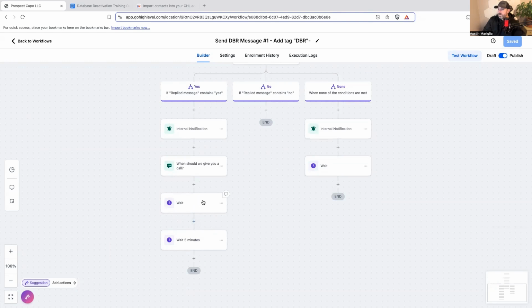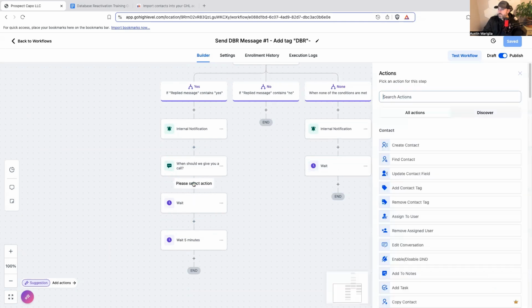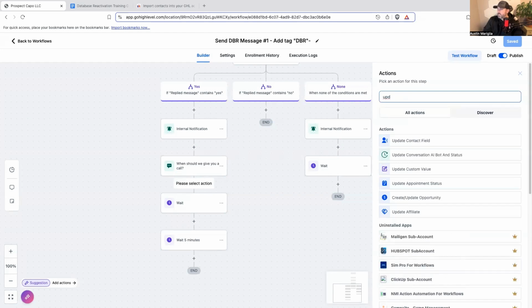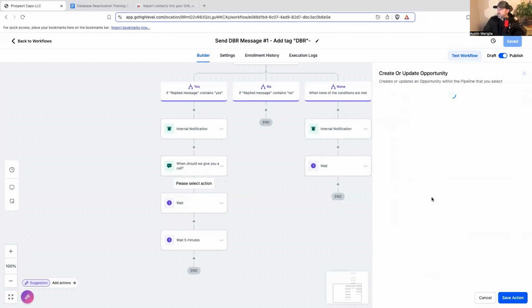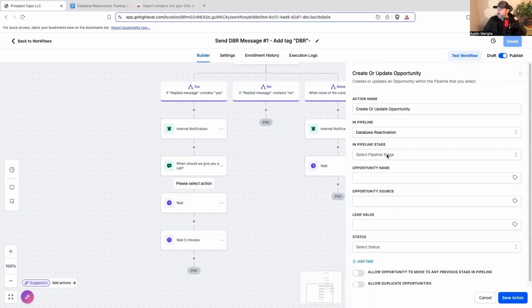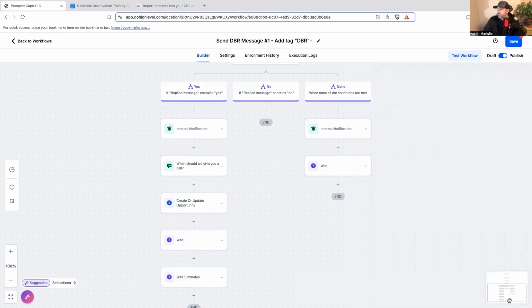Once they respond, or even if they don't respond, I think they need to be called either way. So what we'll do is I will update contact opportunity in pipeline database reactivation needs to be called and save. Boom. So now when they say yes, the front desk will be notified saying, hey, someone needs to call this